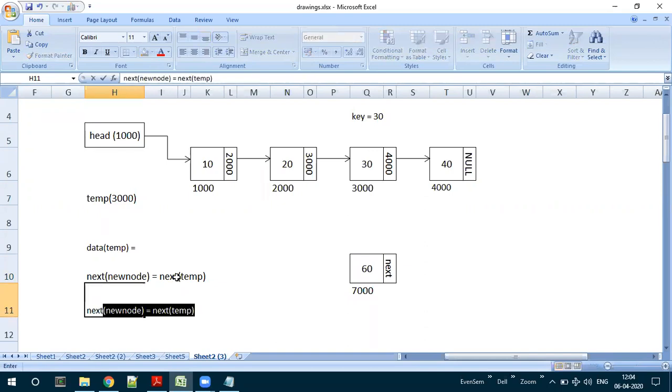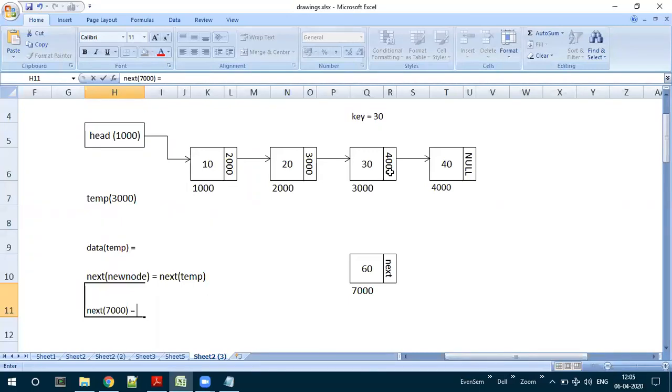So what is the value of new node? It is 7,000. Next of 7,000 equals next of temp. Temp right now is 3,000. What is next of 3,000?